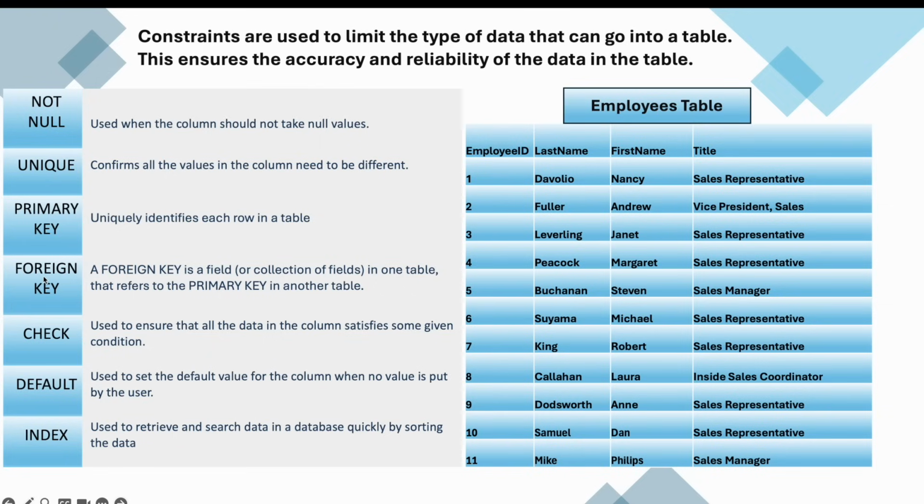The next one is foreign key. What is the point of foreign key, guys? In this particular case, employee ID on this table is my primary key. But let's say I have another table, not employees, but orders, and in the orders table, I have one more column, employee ID. What does that mean? Employee ID on the employees table is my primary key,